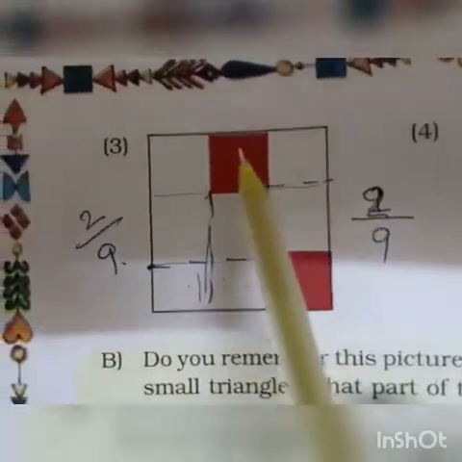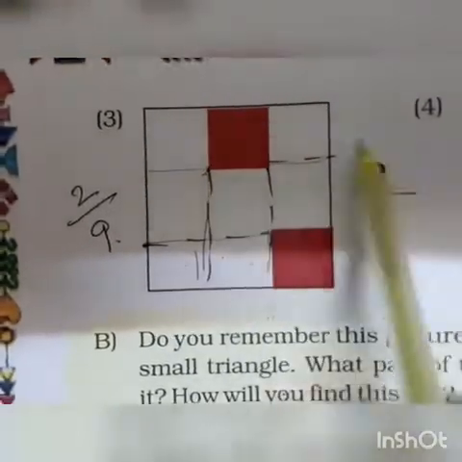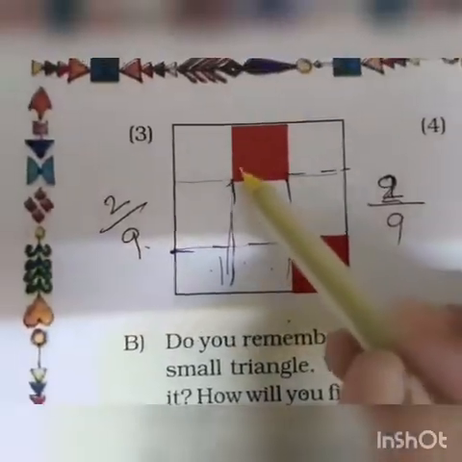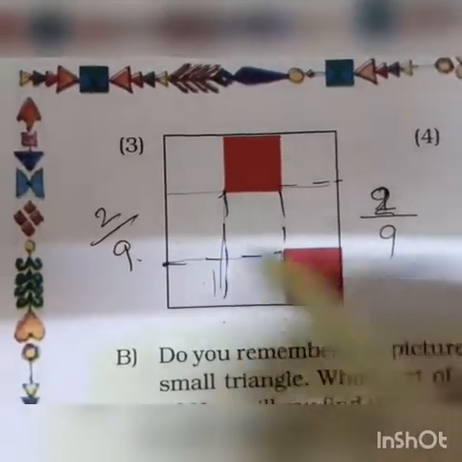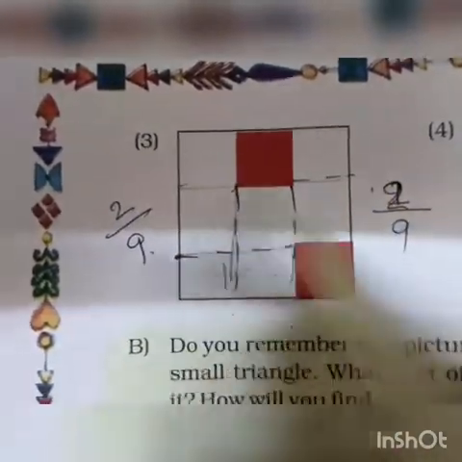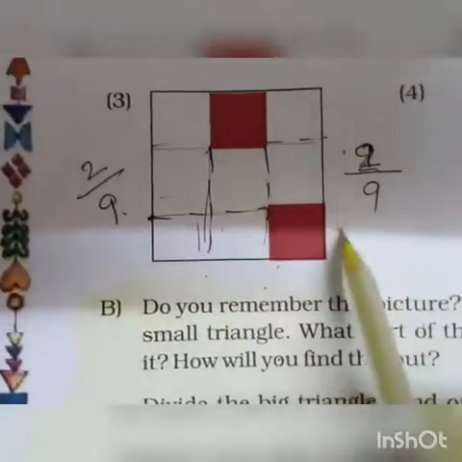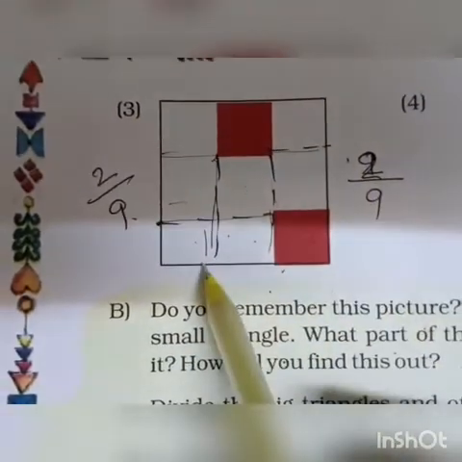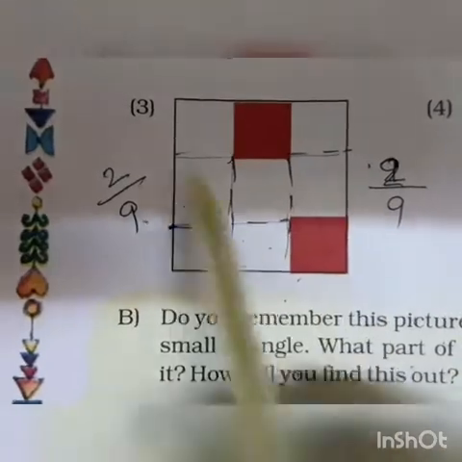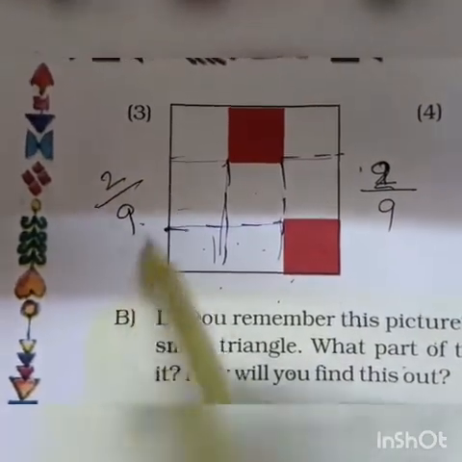Now same way here also this square is given. Now this square, you can see 2 colored parts are there, but we have to draw the lines and divide the square into 9 equal parts. 1, 2, 3, 4. ये जो दिया होता है उसके साथ ही आप ऐसे ऐसे लाइन ड्रॉ करिए, इधर से करिए और इधर से करिए, ऑटोमेटिकली you will get the equal number of parts. So this has been divided into 9 equal parts. So what is the fraction of colored part? 1 and 2. So 2/9 is the fraction of colored parts.